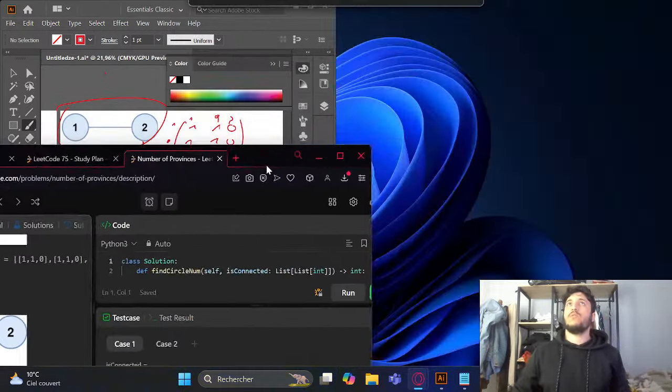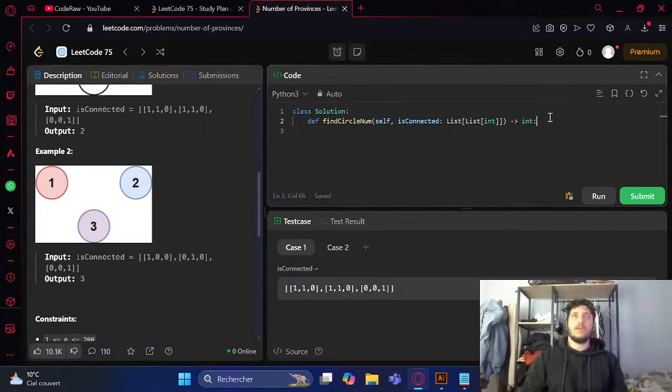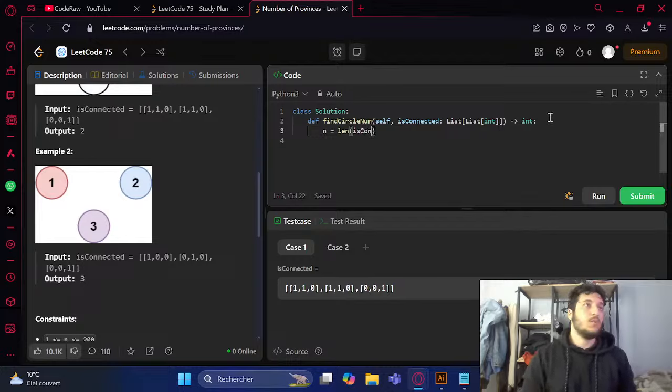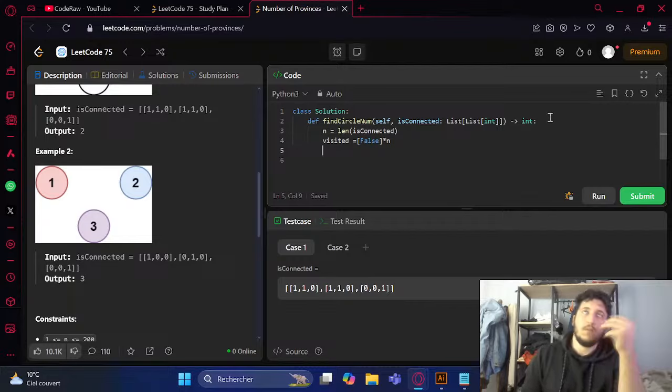Okay, so I'm gonna start with making n equal the length of the matrix, which is connected, which is gonna give me the number of nodes I need to loop through. So it's connected. Then I'm gonna make a list of visited equal false multiplied by n. So this is a list of visited nodes. If we didn't visit it, we're gonna initially make it false, and if we visit one of those, we're gonna make it true. So I'm gonna define a dfs, which is gonna have the